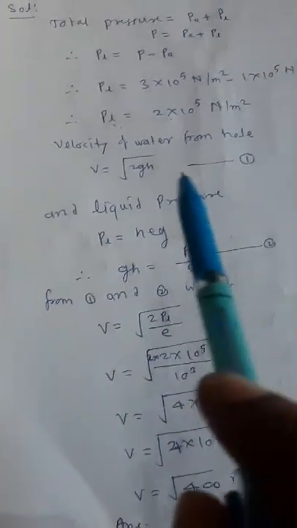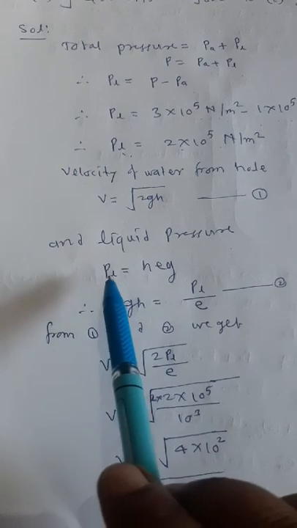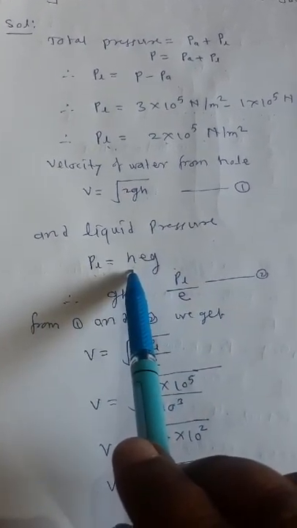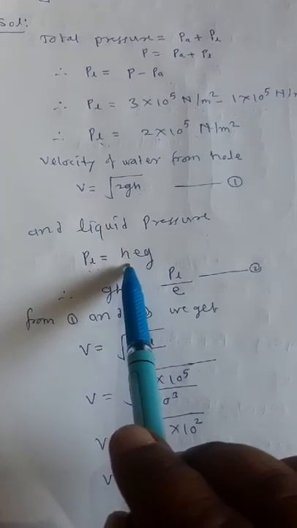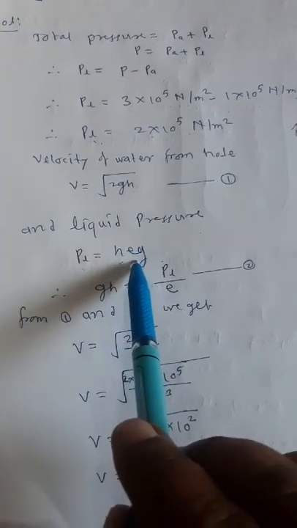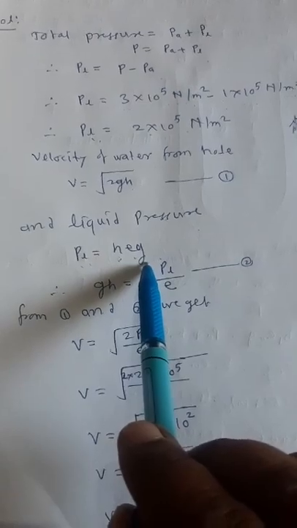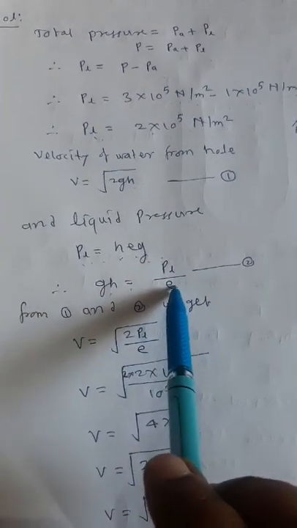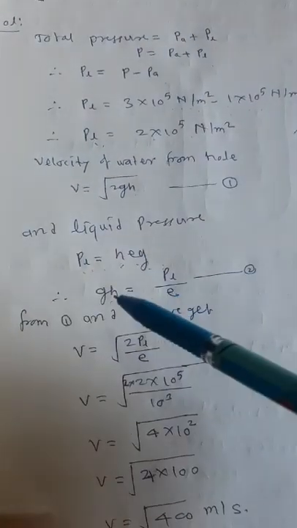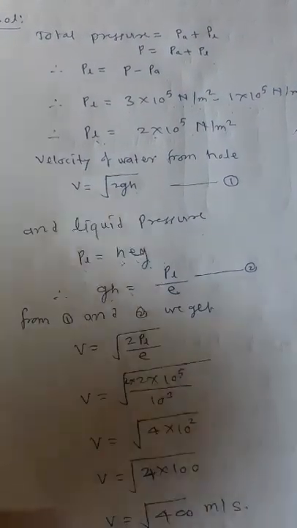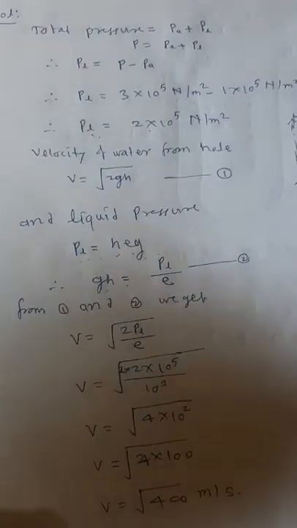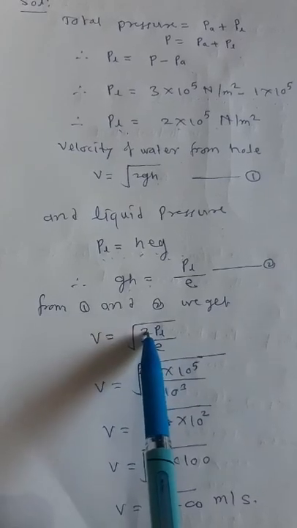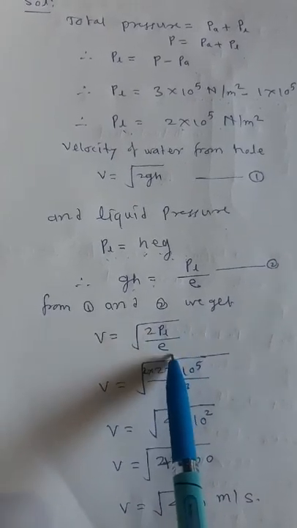Again, we know that liquid pressure is given by the formula PL is equal to h rho g, where h is the height or depth of the point from the free surface, rho is the density of the liquid, and g is the acceleration due to gravity. From this relation, we can write gh is equal to PL divided by rho. Now, putting the value of gh is equal to PL divided by rho from equation number 2 in equation number 1, we get V is equal to